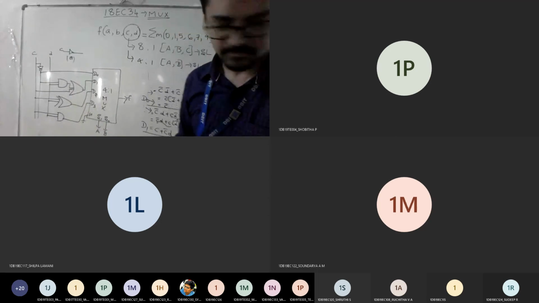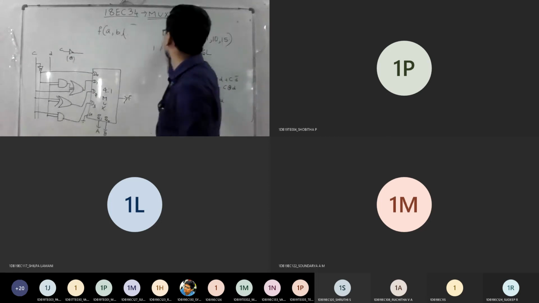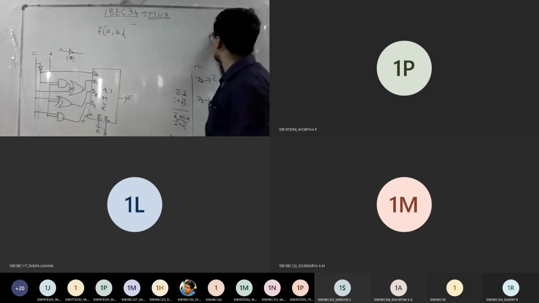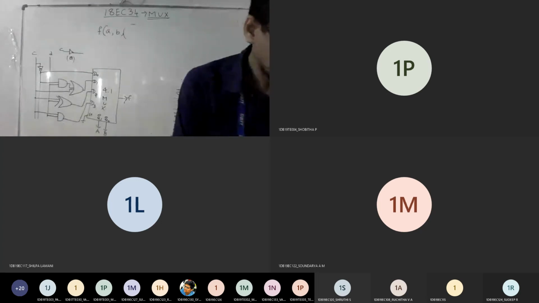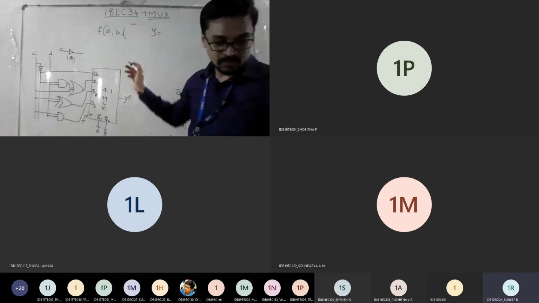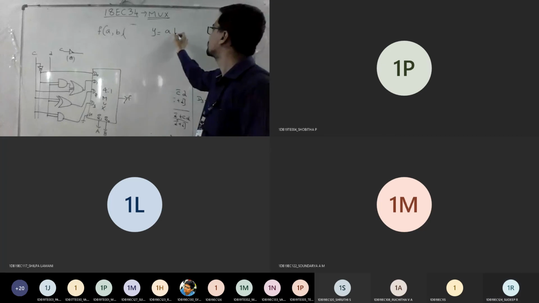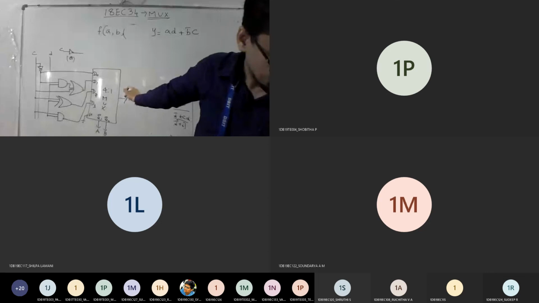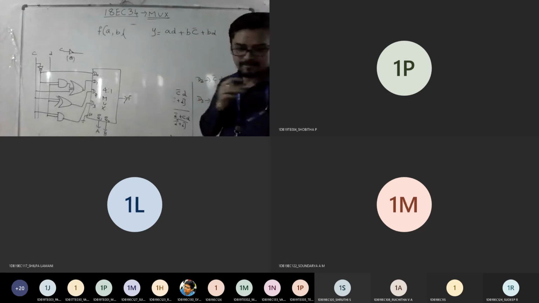Implement. So they are given Boolean expression for implement. y equals AD plus BC bar plus BD.